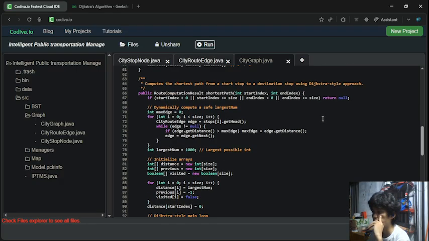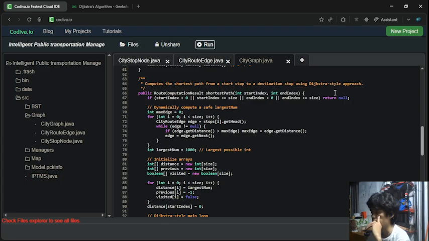So we use the Dijkstra style approach, the relaxation, since we are counting the shortest paths.